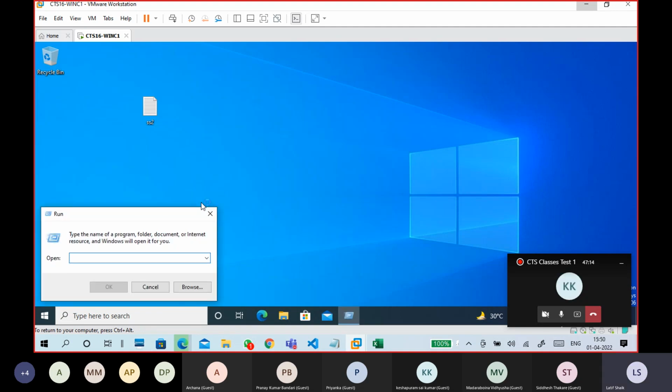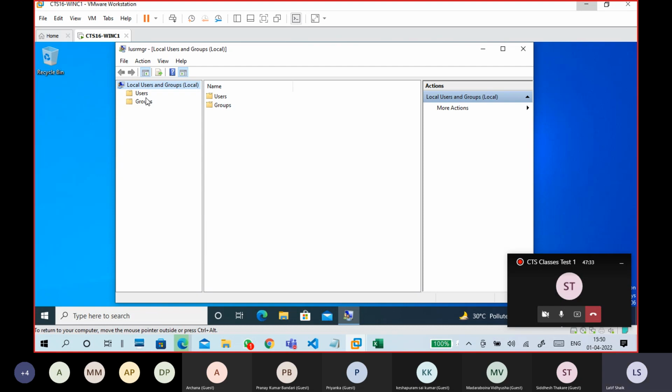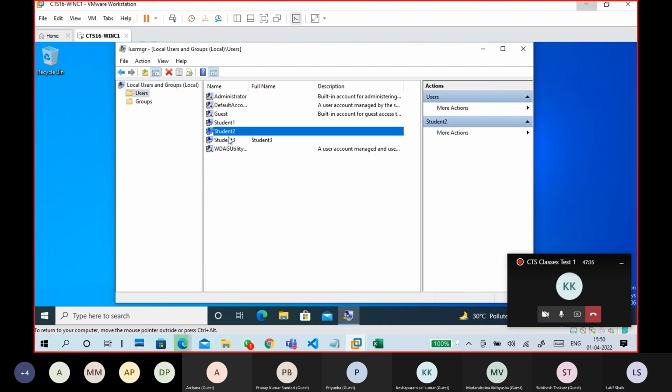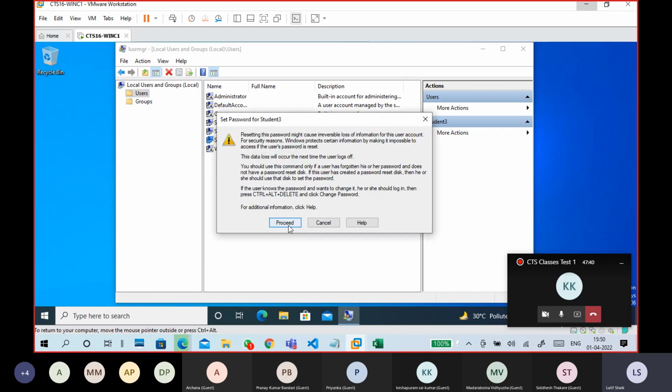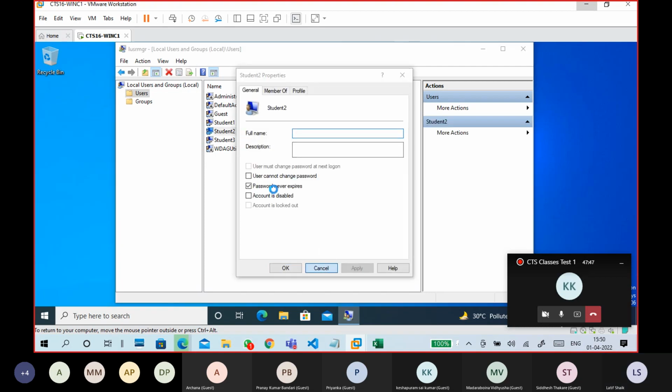Next, if you want to open something, go to run and type lusrmgr.msc. Yeah, it is open. Very good. So you want to set a password for this user. Proceed. Yeah, it is working. This is the user, right? So student 2.